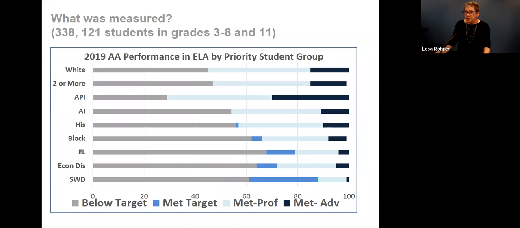Again, we broke down and looked at who's scoring below their target, and in this case, this target is right around 300, who's meeting their target, who met their target and are proficient, and who met their target and are advanced. You see this blue area? That's the darker blue. These represent students whose targets are not yet at that proficient level. They're still earning points under this indicator because they did meet their target. And that again is something that is different from our old system and something that you saw in last year's report card.